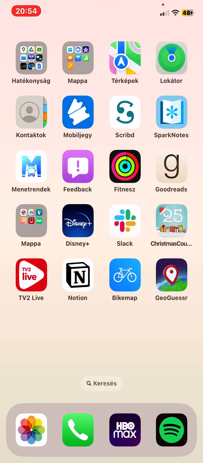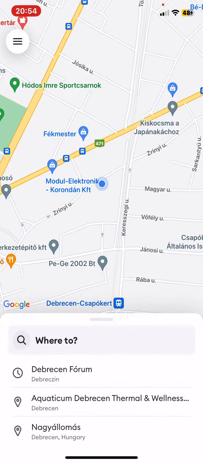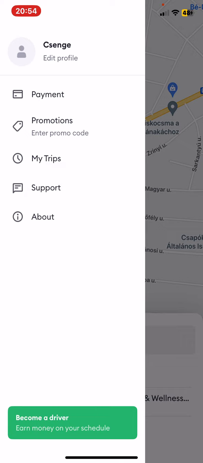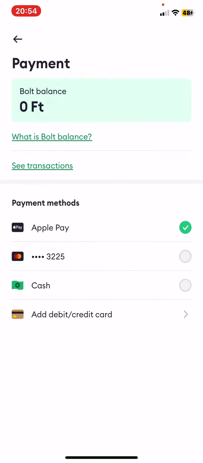Let's jump into it. First of all, open the application on your phone. Then click on the three lines on the top of the page on the left, and then click on payment. And as you can see, you can choose from three main payment methods. That is Apple Pay in the case of iPhones, your credit card, and you can also pay in cash at